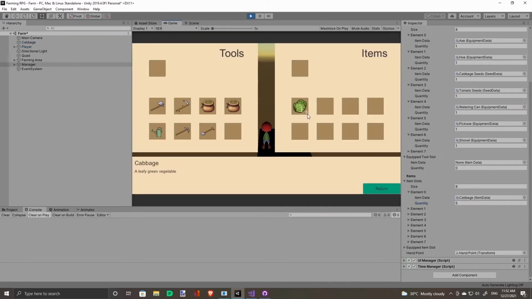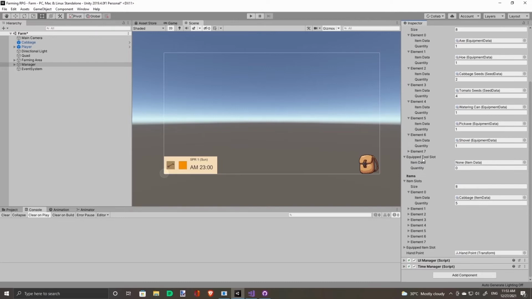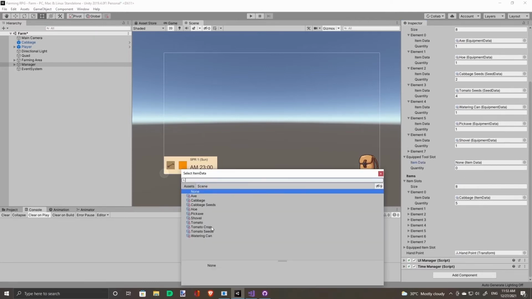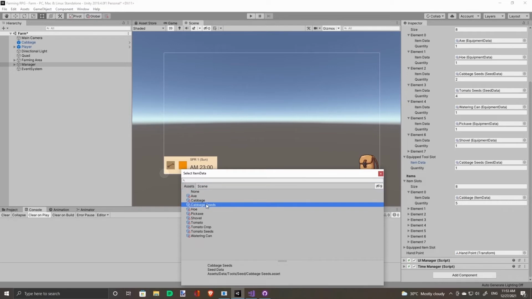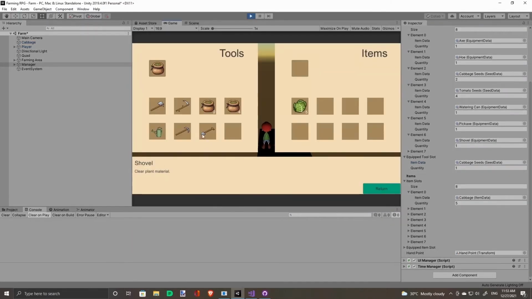See, now there's 5 cabbages here. And all the others, okay. 2 cabbage seeds, 4 tomato seeds. Let's give the equip tool slot some cabbage seeds to begin with. And this is what our inventory looks like.